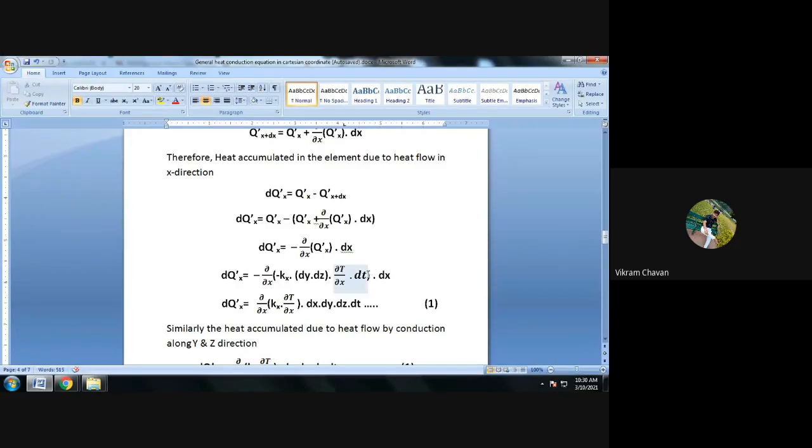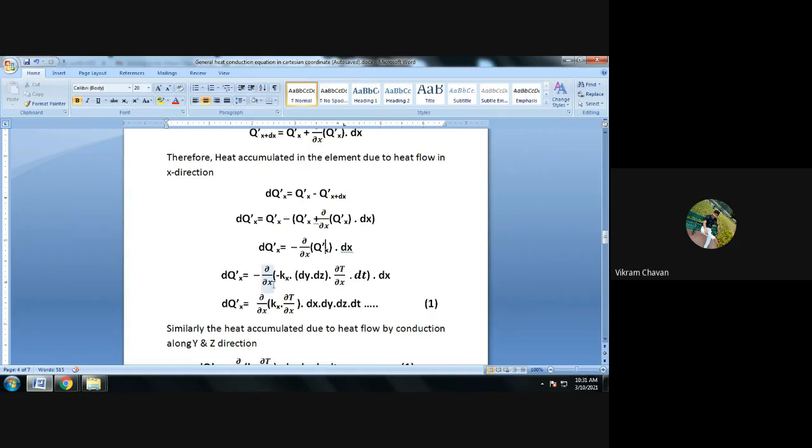So further we have simplified. Now here, outside the bracket there is a negative sign, inside the bracket there is a negative sign. So that negative sign will be cancelled, or it will be converted into a positive sign. So further, dq dash suffix x will be equal to ∂/∂x of k suffix x multiplied by ∂t/∂x. Now in this equation,